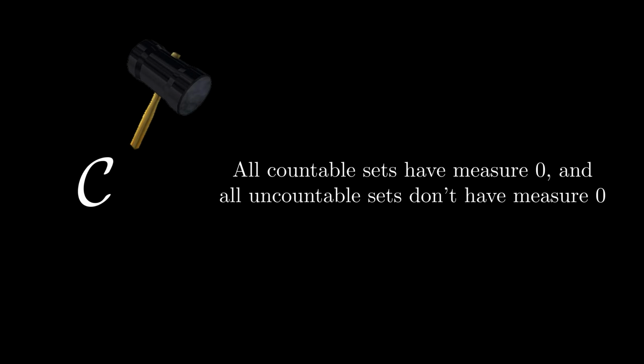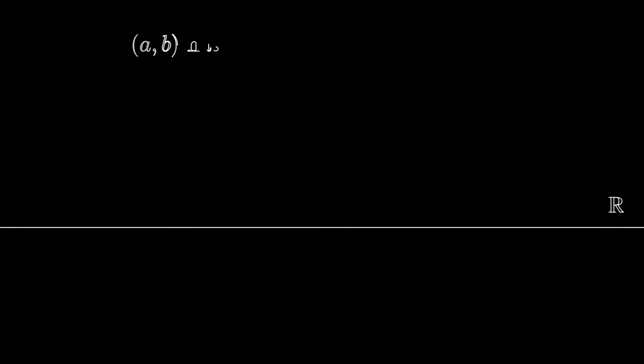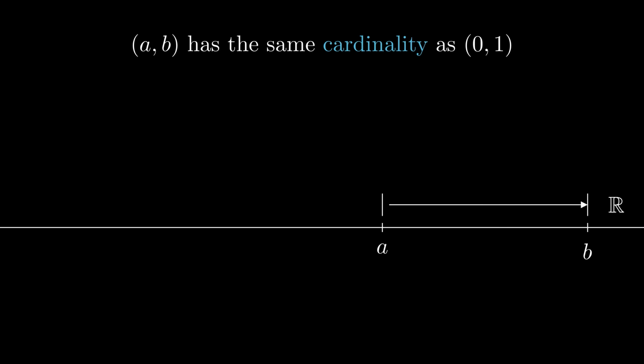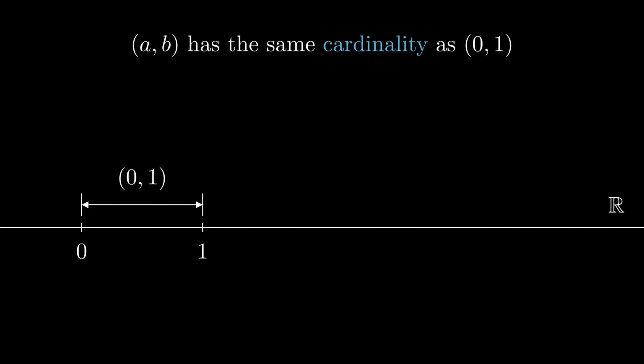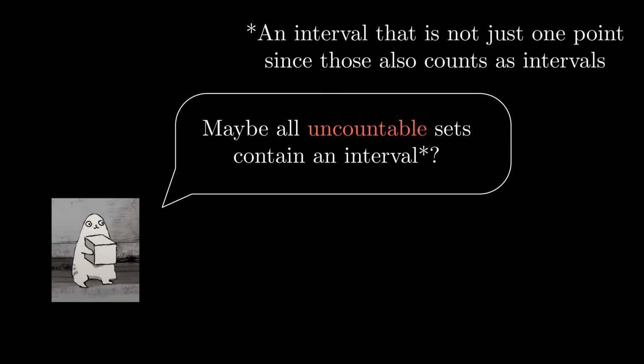Having now completely shattered our hypothesis, there is something else that I'd like to explore. If we go back to our discussion of cardinality, we actually see that every interval is uncountable. We could prove this easily by scaling and translating the interval [0, 1]. This begs the question, is it true that any uncountable set must contain an interval? Well, the Cantor set has already given us the answer, so let's quickly show that C, despite being uncountable, contains